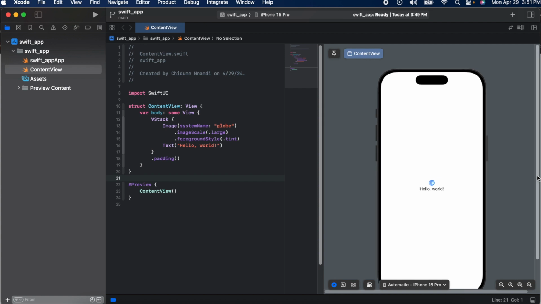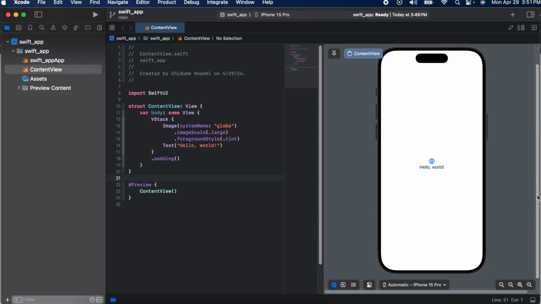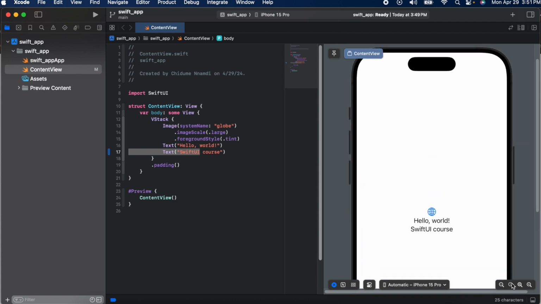So very good. Now we can set our preview so we can see it very well. Whenever we change something here in the editor, it will reflect in the right hand side. So we can add another element, just call it text, and say SwiftUI, because we added a text to this view, and you see it appears here. So that's how it works. So this for now is an iOS app. So we are building an iOS app both for